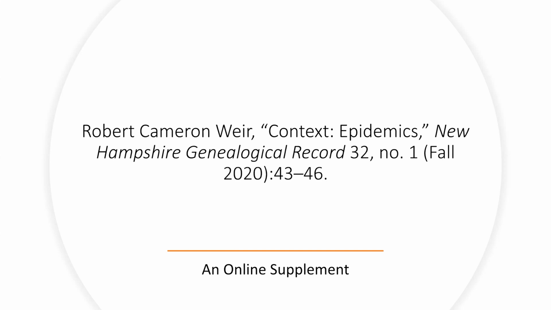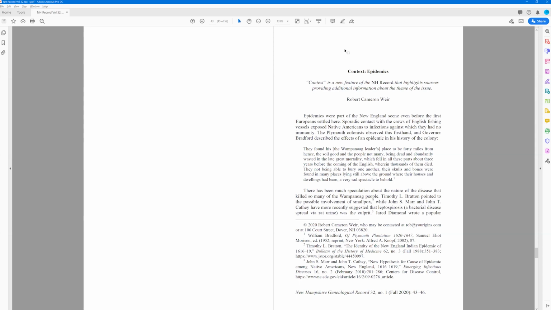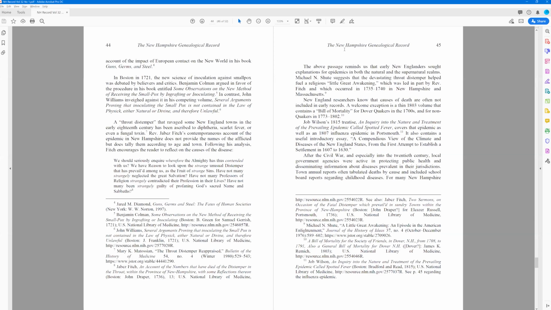The fall 2020 issue, which is volume 32, number 1 of the New Hampshire Genealogical Record, is on the theme of epidemics and infectious diseases. At the end of that issue, I have a short article, a literature review of sorts, called Context Epidemics. Here it is. I'd like to take a closer look at one of the websites mentioned in some of the